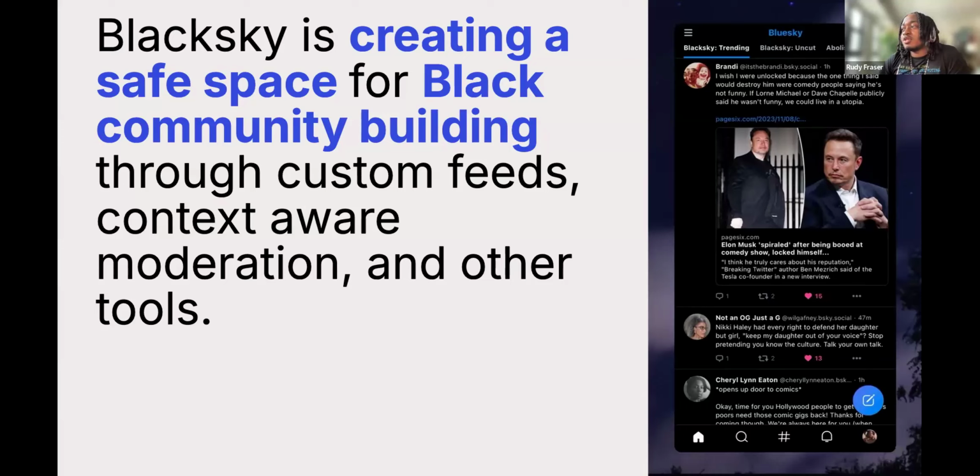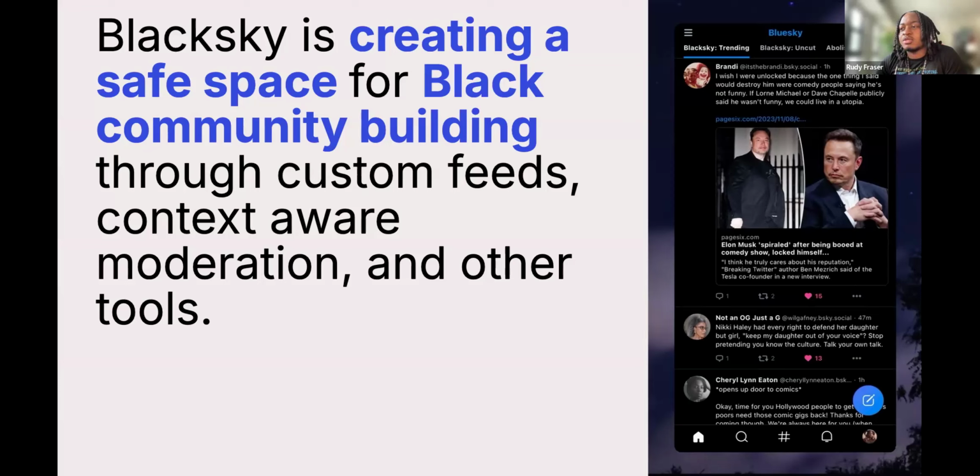So yeah, really wanting to create a safe space for folks to build community. That's through the custom feeds that aggregate the content, which lots of people are tuning into using the hashtag Black Sky or hashtag add to Black Sky tags. And especially in the early days when there were not many Black users, there were not many of these community safety tools. So, I'll get into Ozone, but